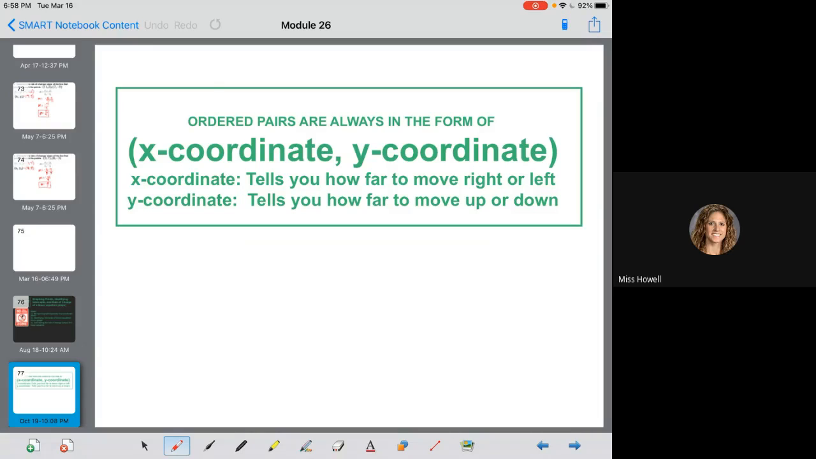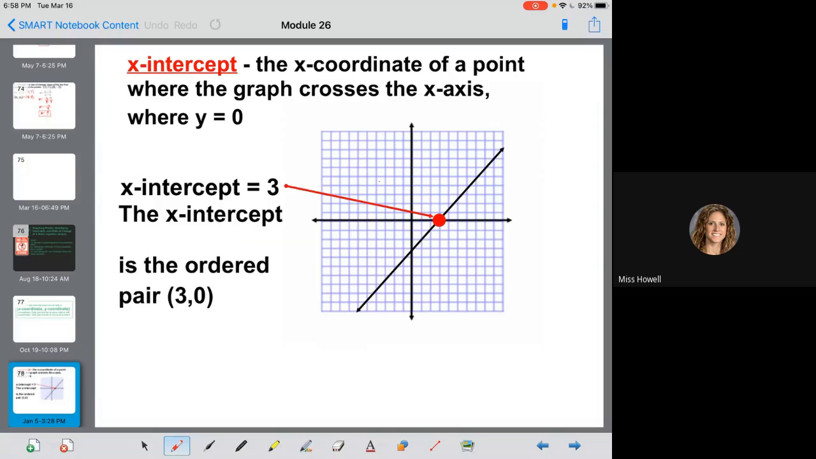If I can't write good ordered pairs, I'm going to struggle throughout the rest of this year in algebra. So make sure that you're really thinking about the order of that description of any point in a coordinate plane. From there, we talked about what are called the x and y intercepts of linear relationships,